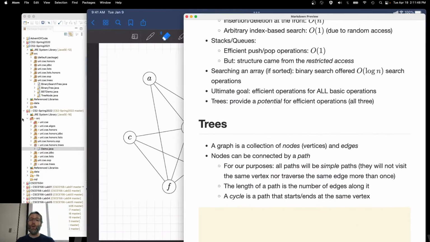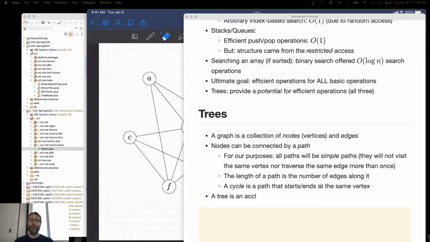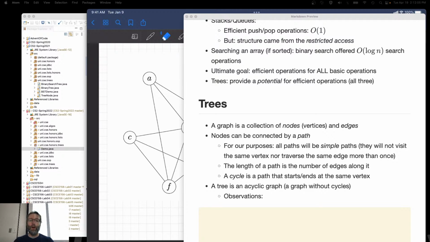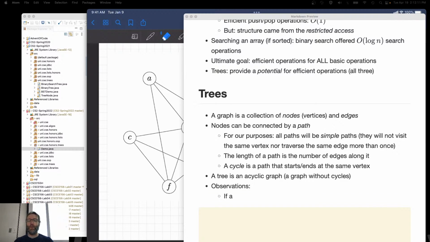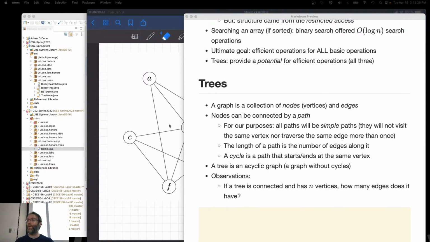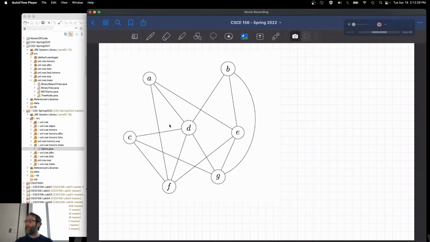Okay. So once we know what a cycle is, then what is a tree? A tree is an acyclic graph. A graph without cycles. Right? And it's as simple as that. So let's make some observations here. If a tree is connected, and has n vertices, how many edges does it have? So let's come over here and first observe, this is a graph certainly, but